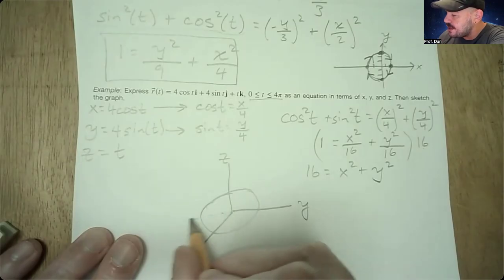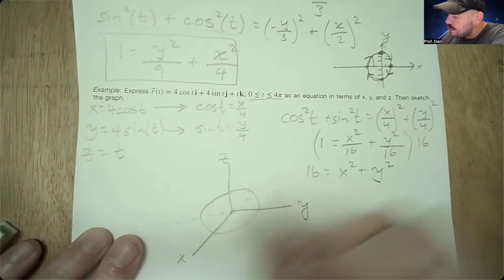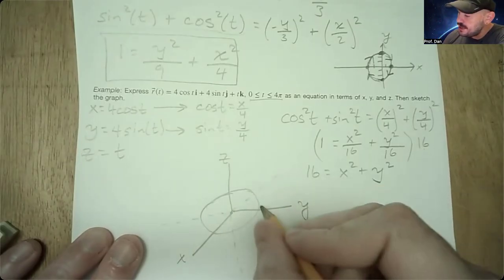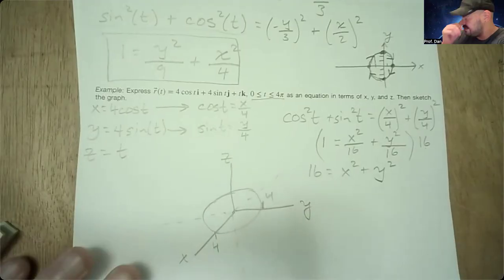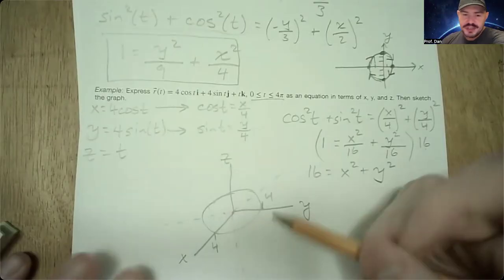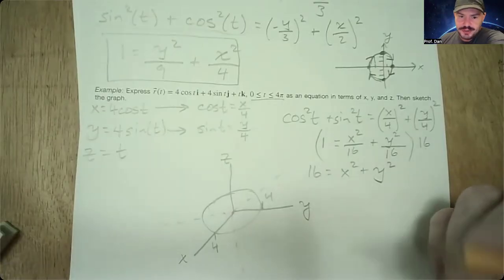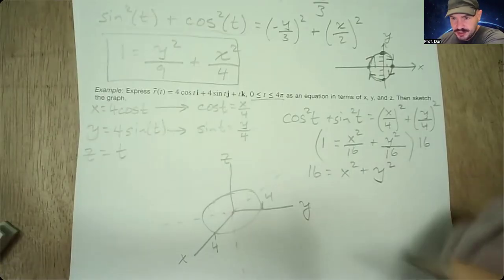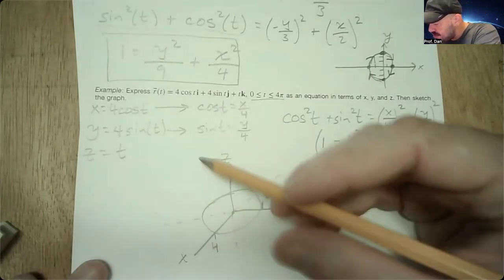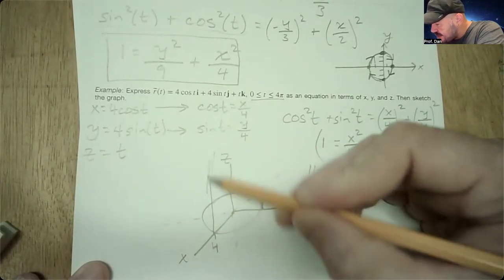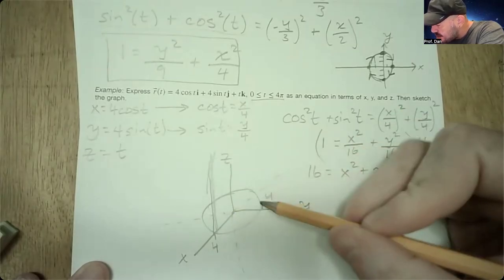Yeah, close enough. All right, so this is 4. This is 4. And this kind of forms the base, if you will, of our cylinder. It's not really a base because it goes infinitely in both directions along the z-axis, but it's a way for us to start. So if I draw the rest of my cylinder,